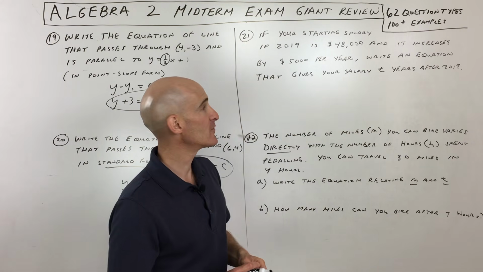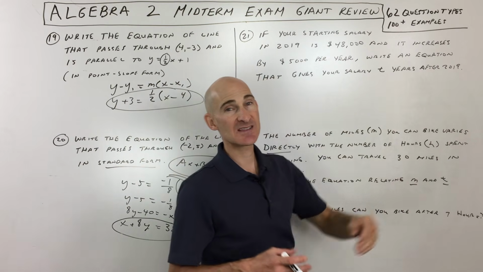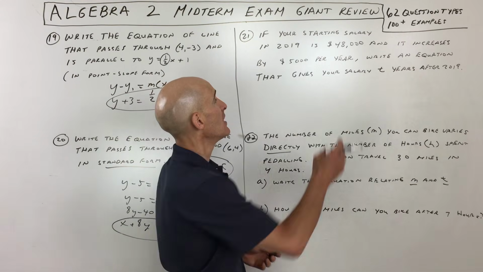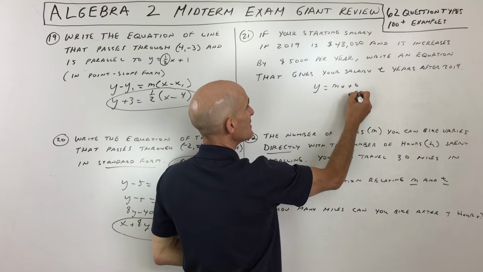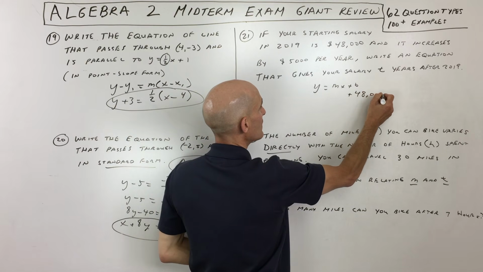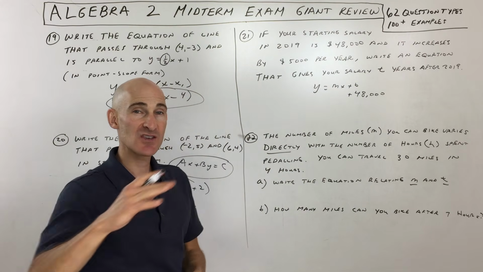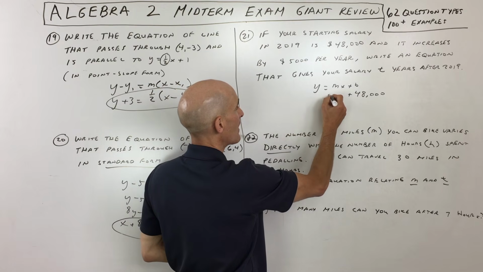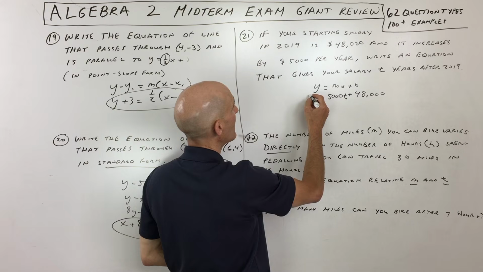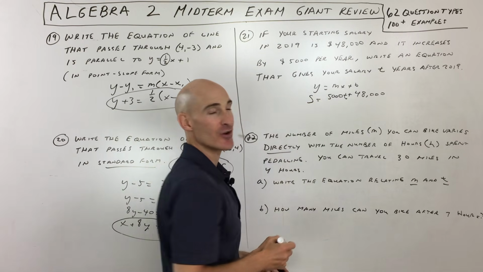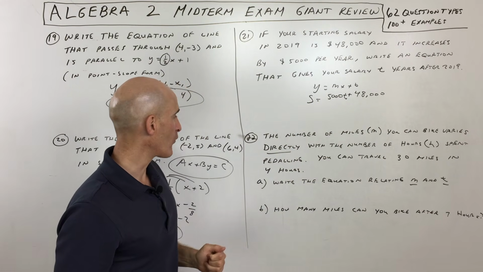Now, sometimes students get a little bit confused by this, but if we're starting at 2019, that's like year 0, that's our initial condition, which is the 48,000. So if we use the slope-intercept form, y equals mx plus b, that initial value, that starting value, is 48,000. The slope, that's the rate of increase or decrease. In this case, your salary is going up by 5,000 per year, so the m value is going to be 5,000. Instead of x, I'm going to use t for years. Instead of y, I'm going to write S for your salary. Okay, so again, slope-intercept form on that one, just in a story problem format.